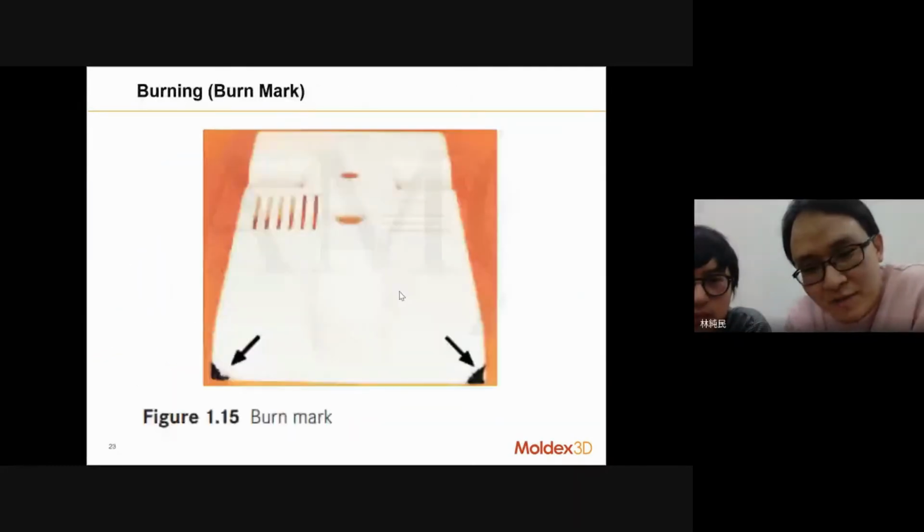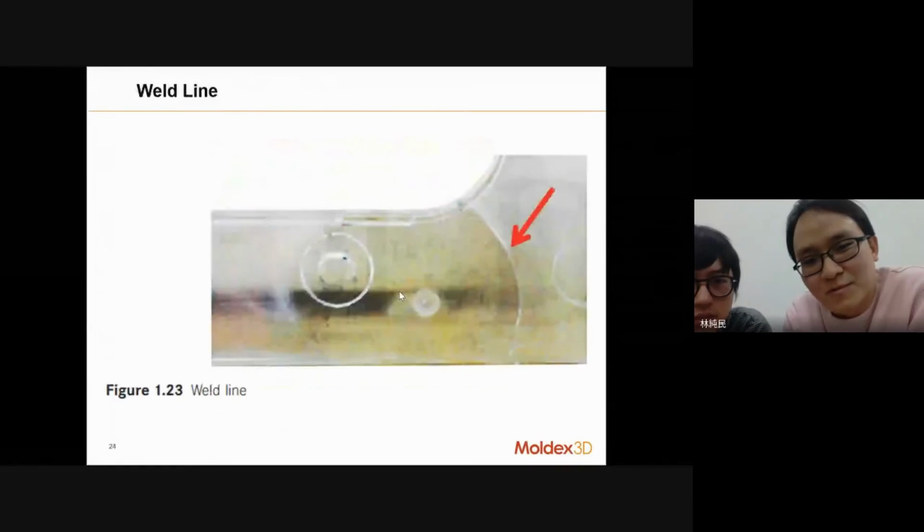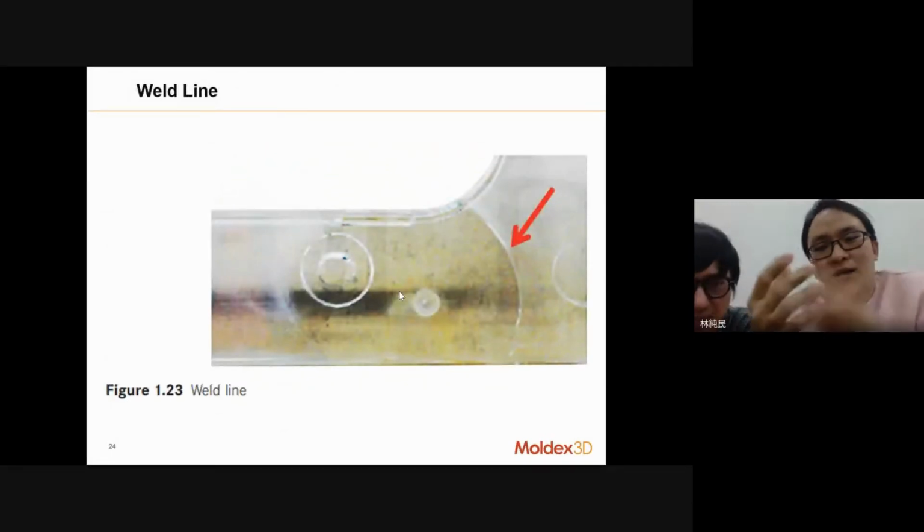Okay, so good questions for the weld line. Maybe open the page of the weld. Okay, for the weld line, most of